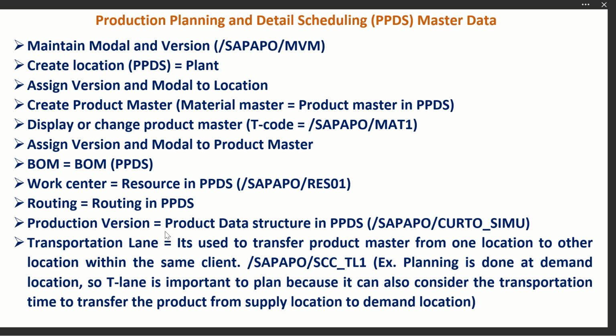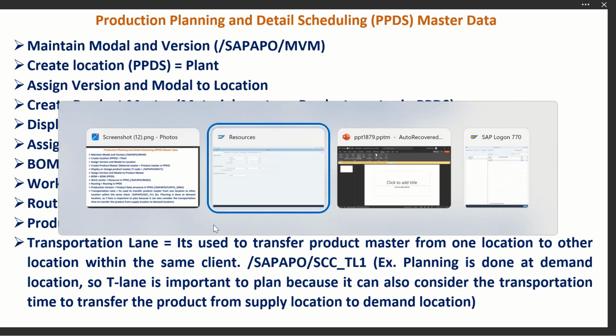Okay. To check the production version, because in the production version we can assign the BOM and work center, right? Sorry, BOM and routing are assigned in the production version. So we can see whether this production version, equal to the product data structure, is transferred here or not. To check this, just